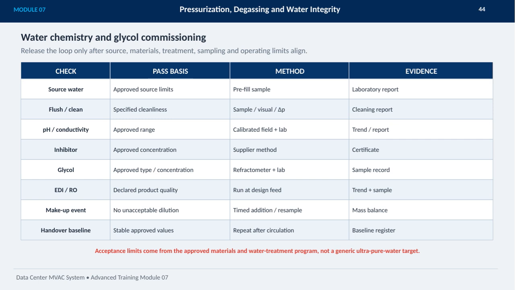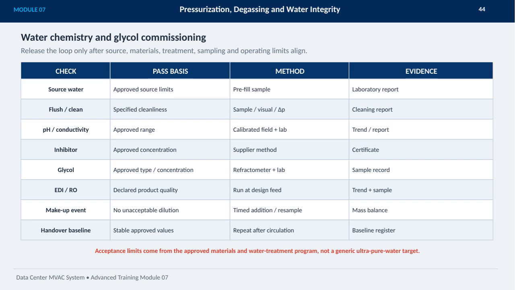Ultimately, all acceptance limits are derived from approved materials and the water treatment program specific to the system, not from generic ultrapure water targets. Establishing a stable baseline register after circulation is key to maintaining these standards and ensuring system